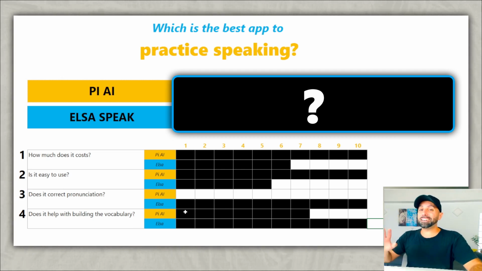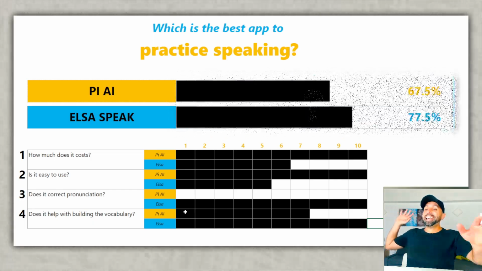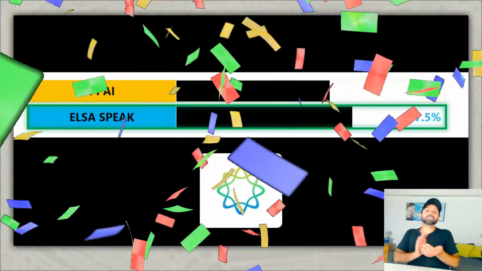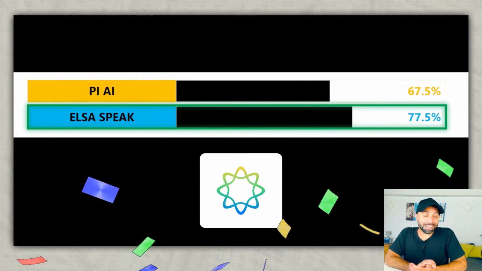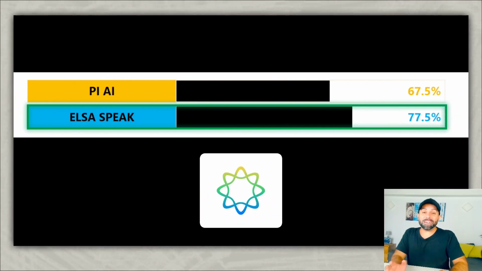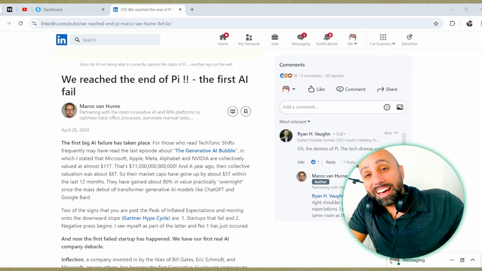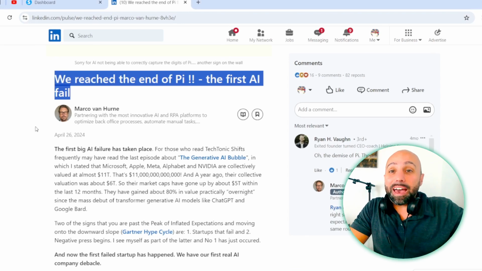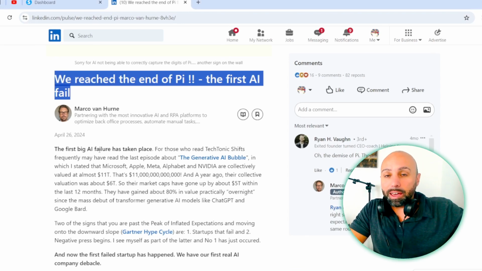And today's winner is Elsa! Congratulations to the developers of Elsa for creating such an amazing product. But all in all, we haven't even tried Pi. And the reason for all of those glitches is deeper than I thought. In fact, upon editing this video, I made some research and I discovered that the creators of the app have essentially abandoned Pi and are now focused on other projects.